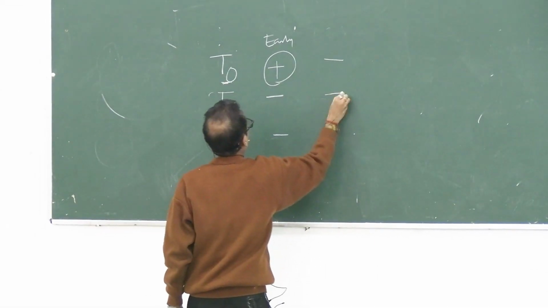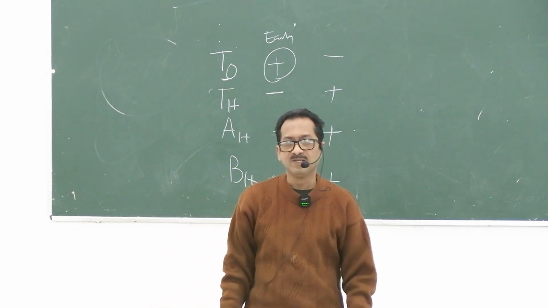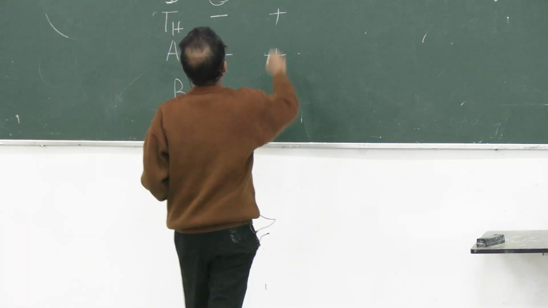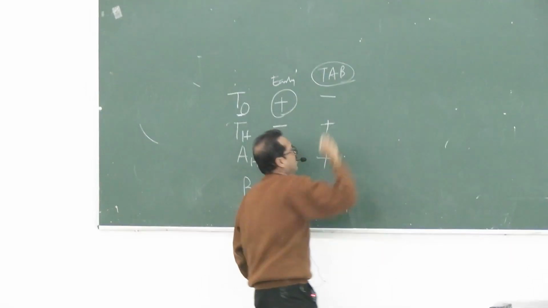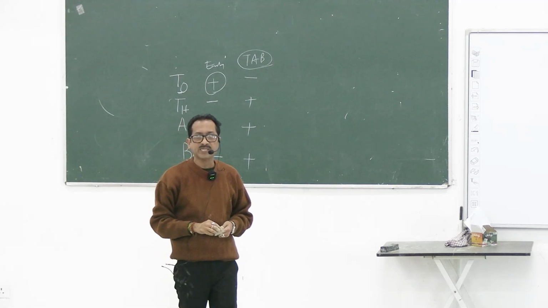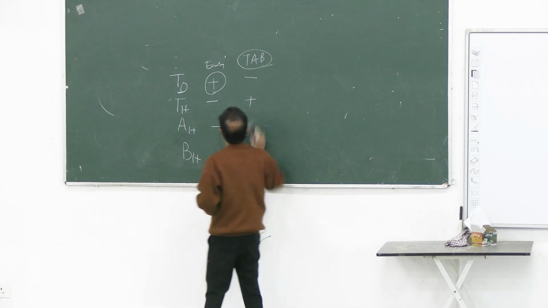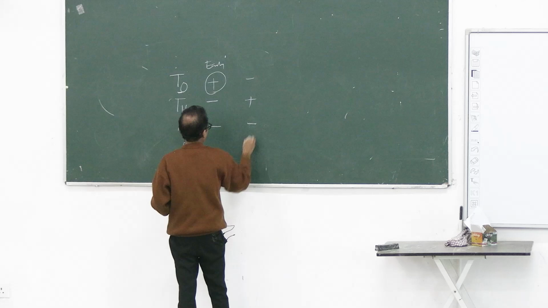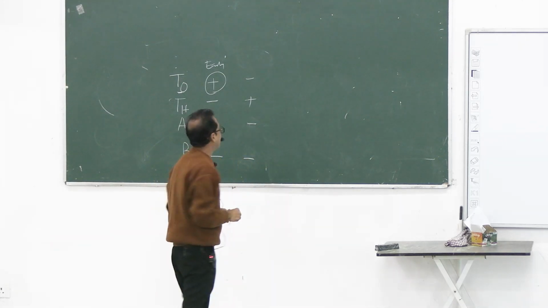Now, TO negative, all other three positive. Previously there was vaccination with TAB vaccine, that is not used nowadays. If the patient has received TAB vaccine, all the H will be positive and O will be negative. And if O has become negative and H is positive, this could be late infection. Only H remains positive, as H appears late.